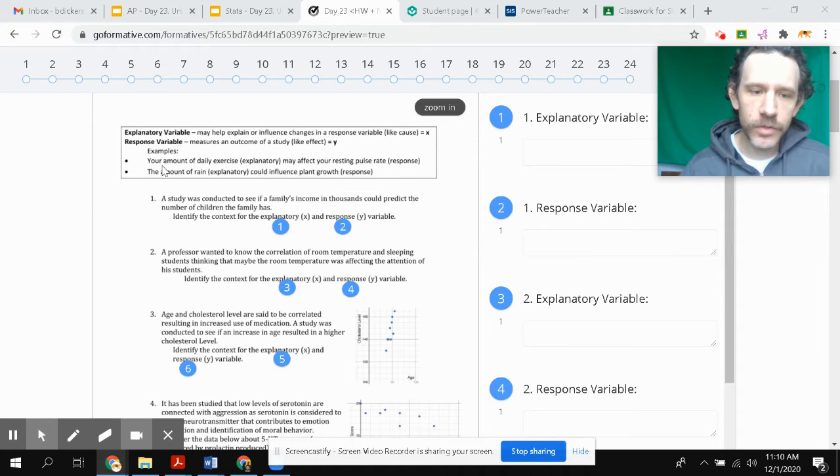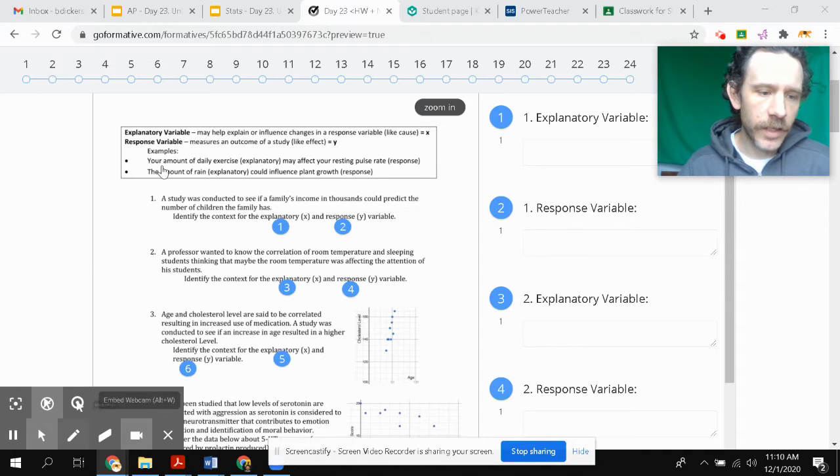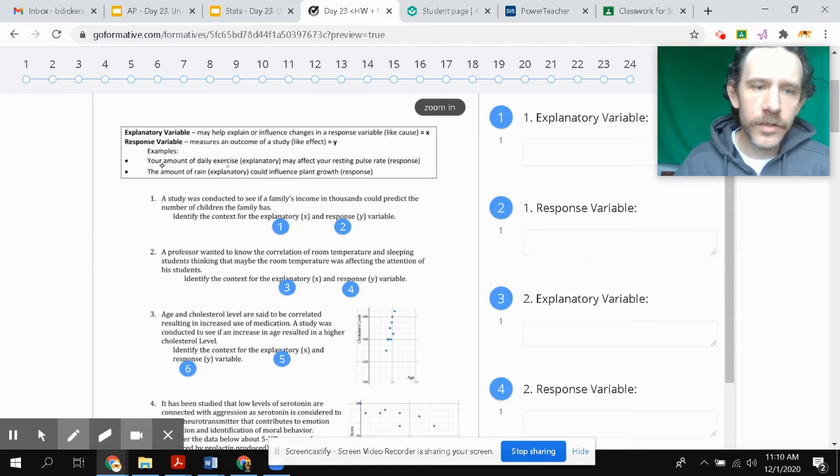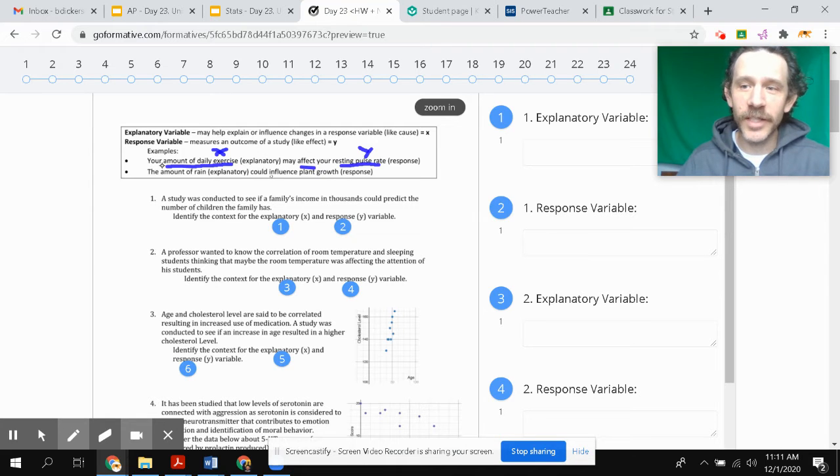So if we look at those first two examples here, if I have a sentence here that says the amount of daily exercise may affect the resting pulse, what is affecting the other thing? We're saying that the daily exercise is affecting the resting pulse. So the daily exercise is like our input, our X, and our resting pulse is Y, because the X is